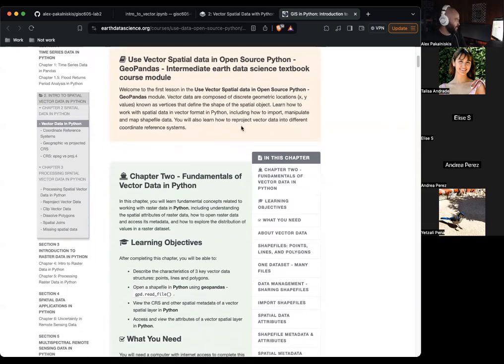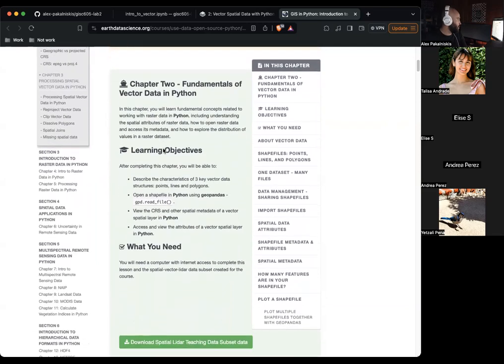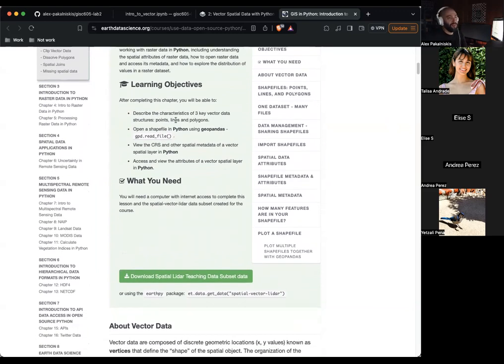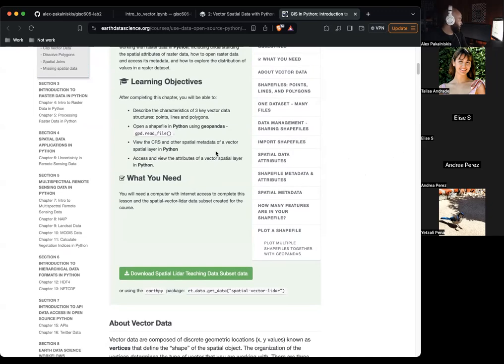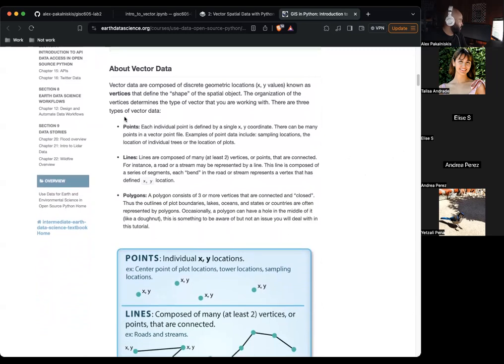And then we're also going to learn how to reproject vector data into different coordinate reference systems, like I mentioned before. So we're going to learn about, or I'm assuming you all know about the different vector data types, but we'll have a quick refresher, and then we'll jump right into how to use GeoPandas to open those different data types, view spatial metadata about those data, and then display them using some kind of graphing library like we did last week. So I'm going to skip over downloading the data set because we'll just do it in line with the code in a bit. But here is our quick jump into vector data.